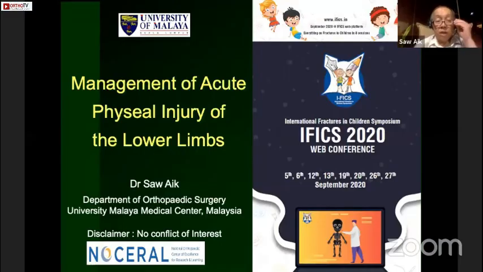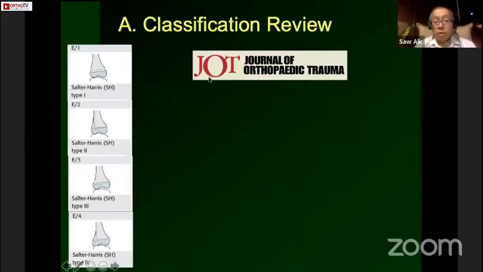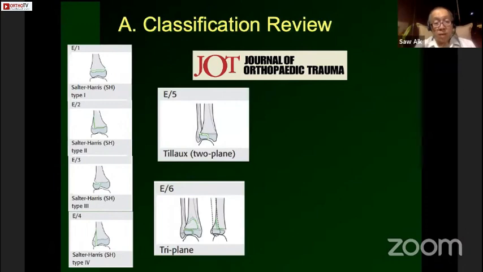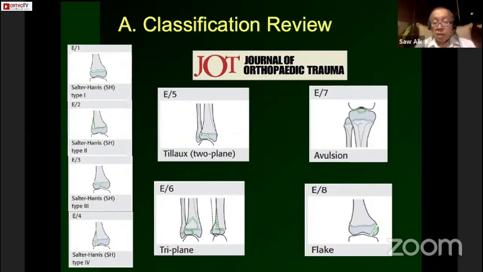Now, for management of physeal injury at the lower limb, for this lecture, I'm going to use this AO classification because it's more relevant to trauma and also covers a few patterns that are not covered inside Salter Harris. E1 to E4 is basically the same as Salter Harris classification. E5 and 6 is Tillaux and also triplane fracture. E7 and E8 is a Wilkins fracture and osteochondral fracture, which we do not have in Salter Harris and the